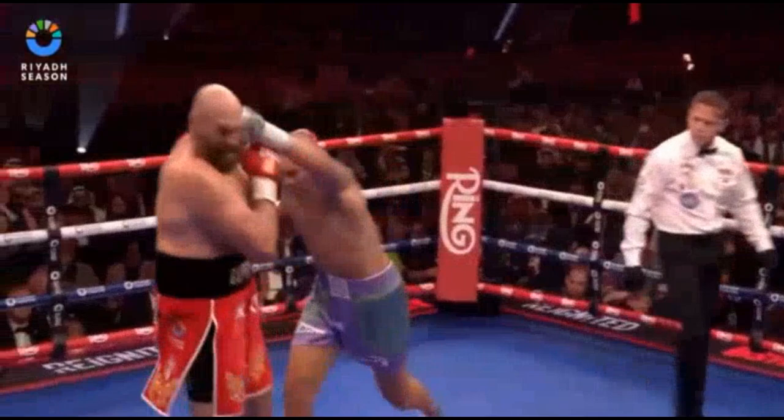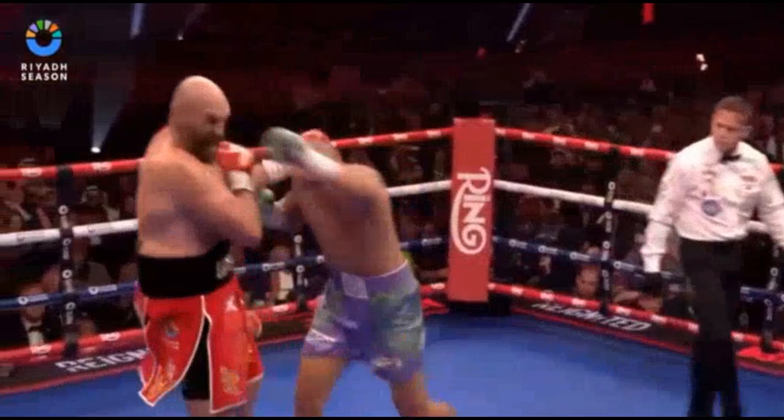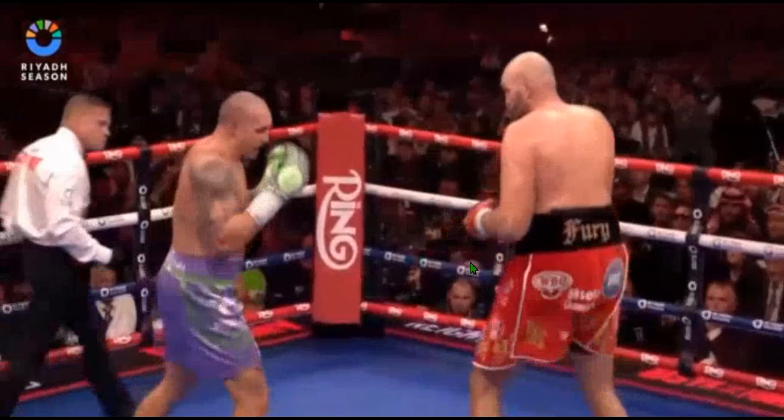Now here's the thing. Usyk, being the shorter guy, is not going to win this fight if he's not doing this. He's not going to win, number one, if he allows Fury to throw a lot of punches at him and be confident that he's not going to have to pay for these shots. He's not going to win a fight like that if there are too many punches coming at him, because Tyson Fury is fast. Tyson Fury can throw punches pretty quickly. So he has to constantly be on his grind,